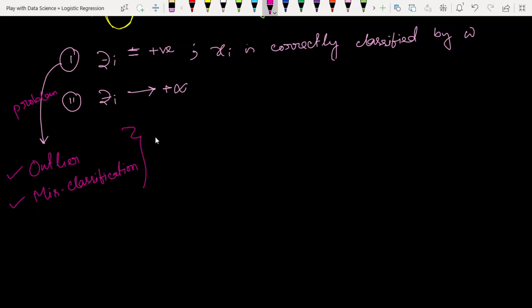Now we have to tackle these two problems. We have to handle them. This is the main task. We have to handle these two problems, then everything is okay. So how? Now the main matter is how we have to handle these two problems. So the first problem is